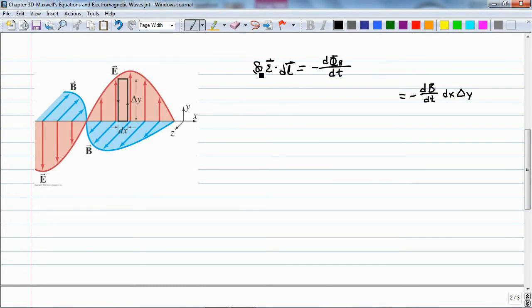And for the electric field, integrating around this section here, not this square, then we have 0 magnitude here, this part, times our length dx, cosine of 90,